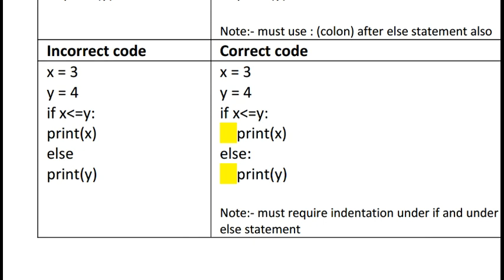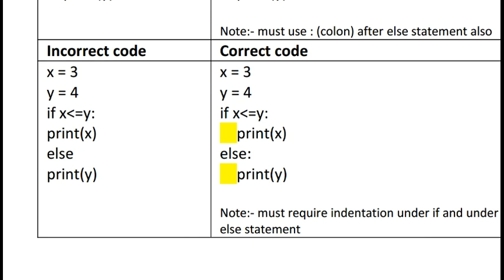Okay, so today I discussed the different kinds of errors in the if part. We must use two equal signs, after if we must use a colon, after else we must use a colon. Any statement under the if or under the else must have some space, because it is part of the if and else parts.